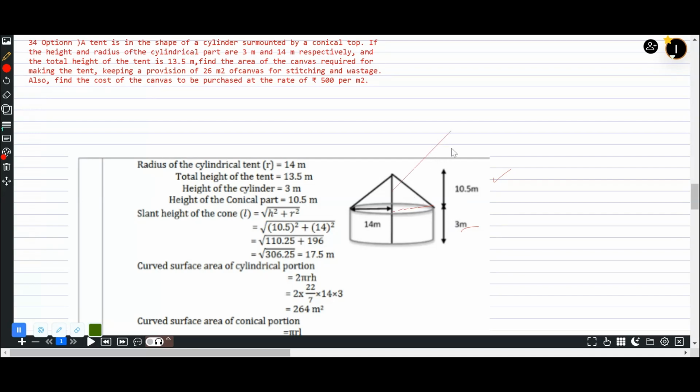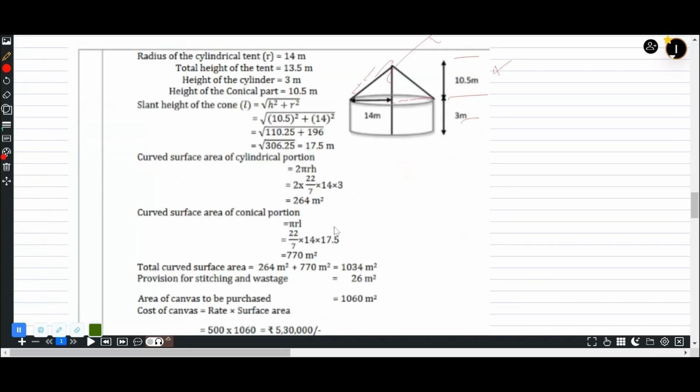7.5. ये आपको मिल गई, राइट। तो अब आपको करना क्या है, आपको ये बताना है कि सब आपको डायमेंशन दी हुई है, टोटल हाइट 10.5 दिया हुआ है, ओके। 10.5 में से 3 निकाला तो हमें ऑलरेडी निकल गया 7.5 मीटर जो है ये हमारी कोन की हाइट है। तो कोन की हाइट आपको पता है, रेडियस आपको पता है, अब आप कोन की स्लांट हाइट निकाल लेंगे, ओके, बिकॉज कर्व सरफेस एरिया ऑफ द कोन इज पाई आर एल। तो आपको एल यहाँ से मिल गया, राइट, और पाई आर एल फार्मूला लगाएंगे और आपको सिलेंडर का कर्व सरफेस एरिया होता है 2 पाई आर एच, वो लगा देंगे